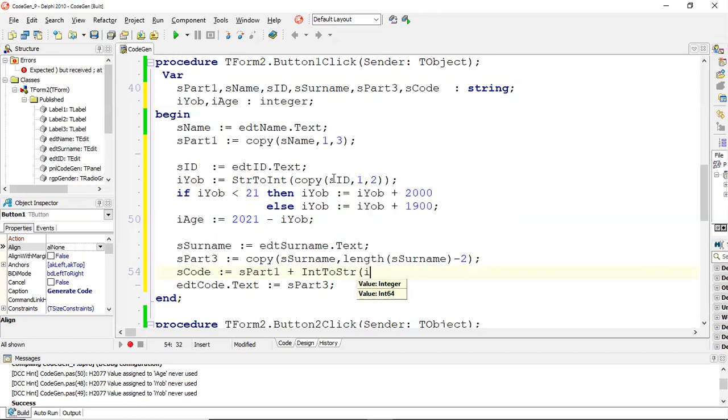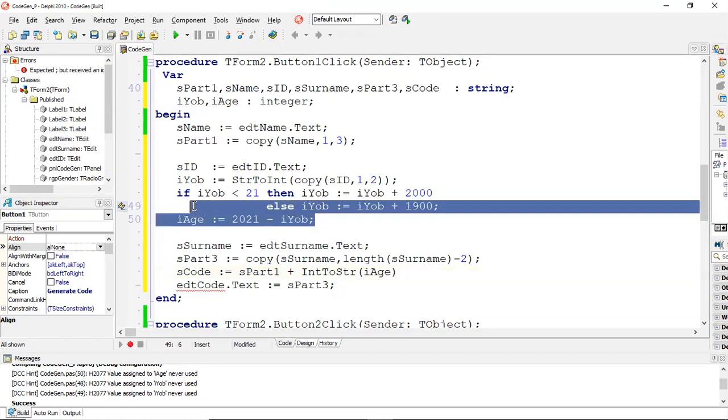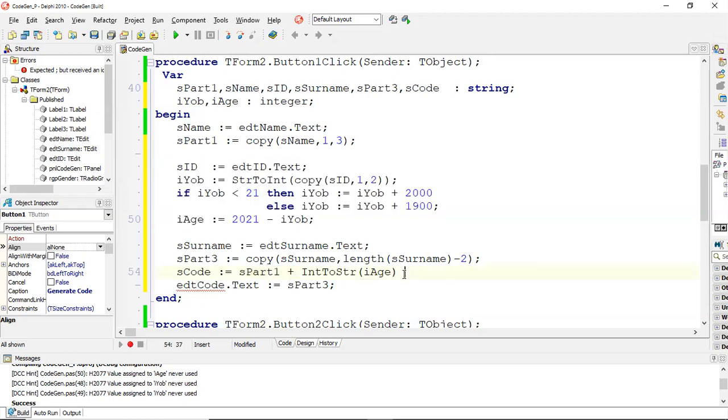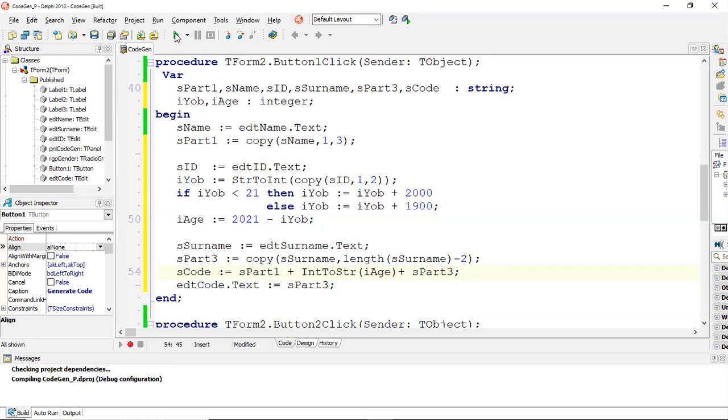So we'll take the age of the person, which we worked out in this section. Remember, it was an integer. So let's take that integer, convert it to a string, and add it to part 1, because we're creating the code. And then we will add one more thing, which is part 3. So there's our part 1, our part 2, and our part 3. And that is the whole thing. And if we run it now,